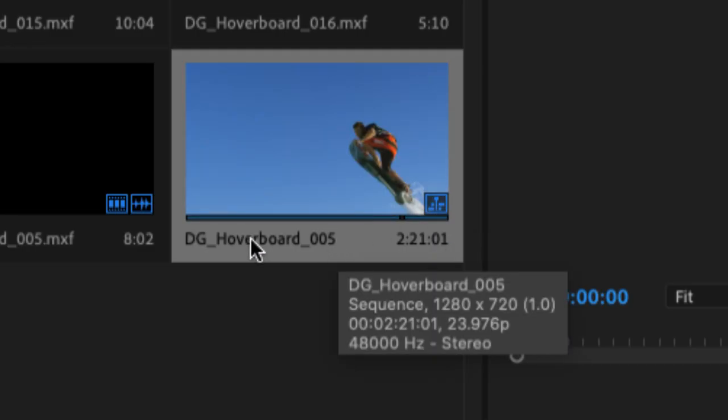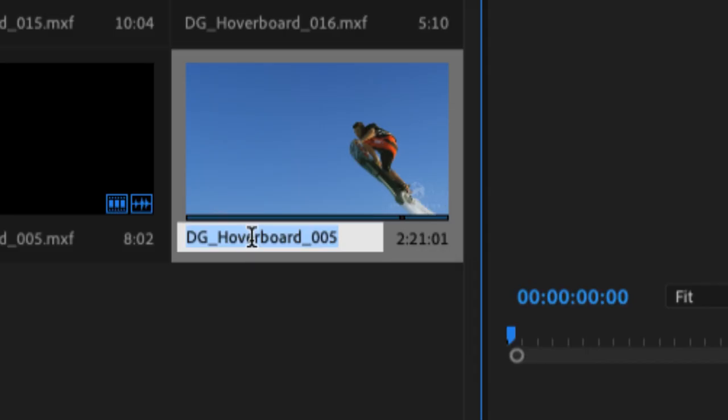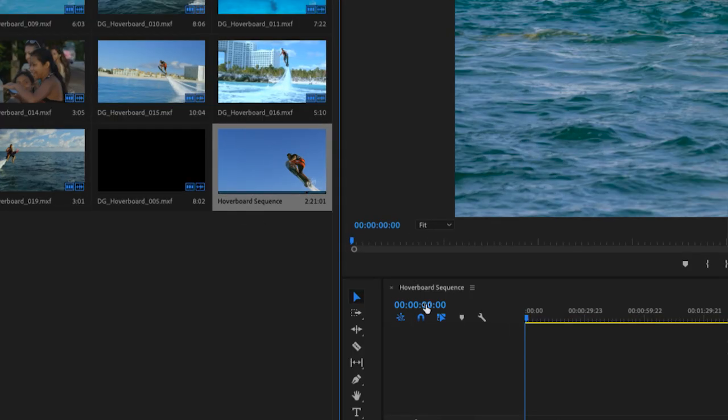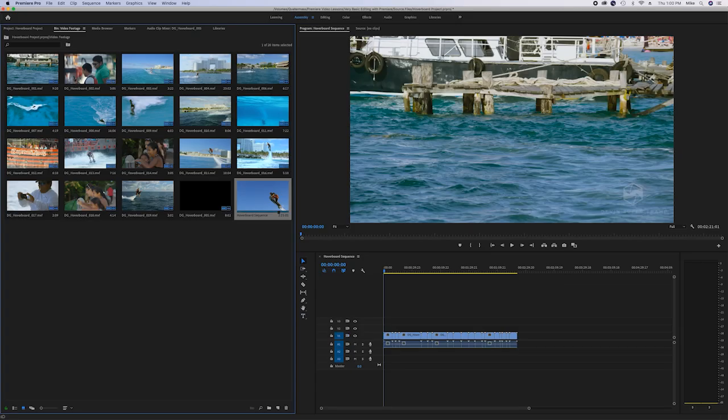If I click on this name, I can change the name to something like hoverboard sequence, and I'm just calling it sequence because that's what it is, so you get used to it. I'll hit the enter key, and then in our timeline here, the sequence now has a new name both on this icon and in the timeline itself. I can also duplicate this sequence